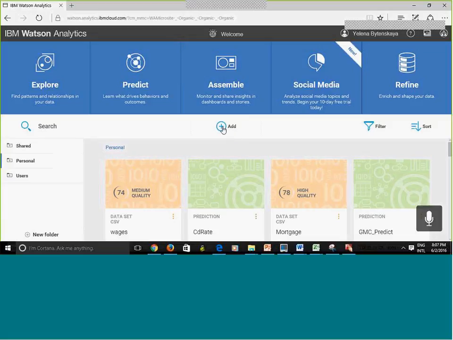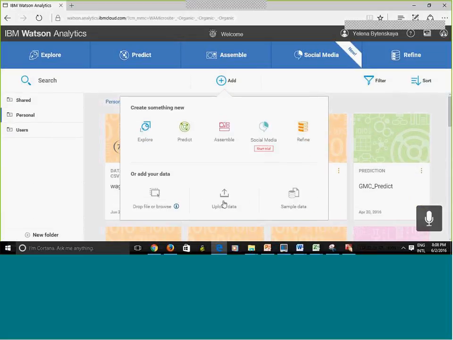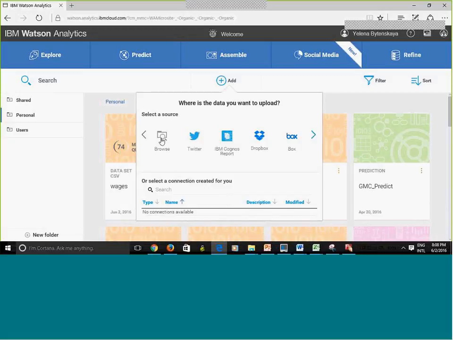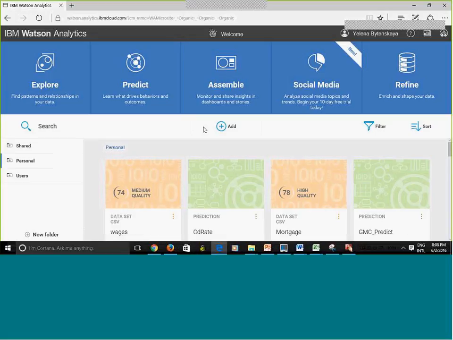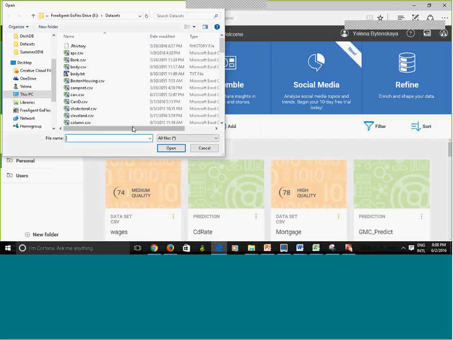There is more than one way to load data, but you go here, click add, and you can either drag and drop the file. If you know where the file is saved, you can just drag and drop, or you can click upload data right here. Then I'm going to hit browse, and it's supposed to open up Windows Explorer.